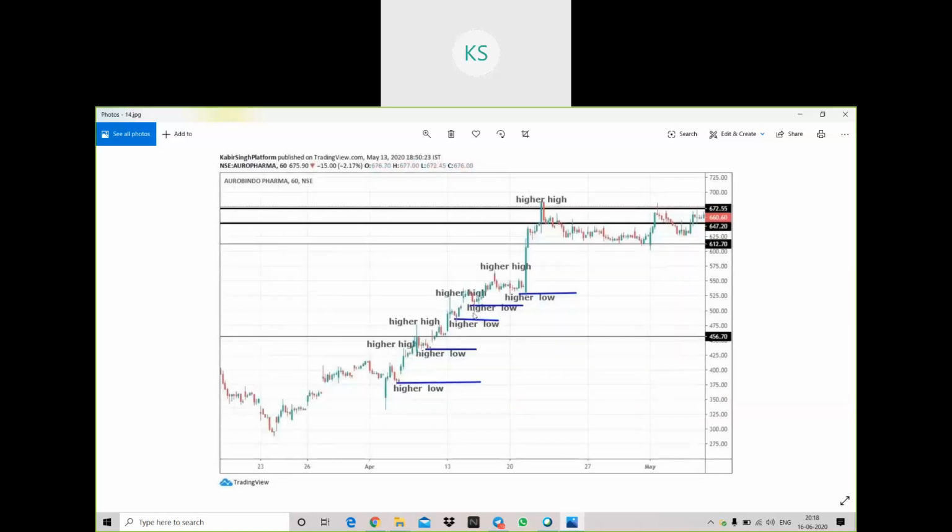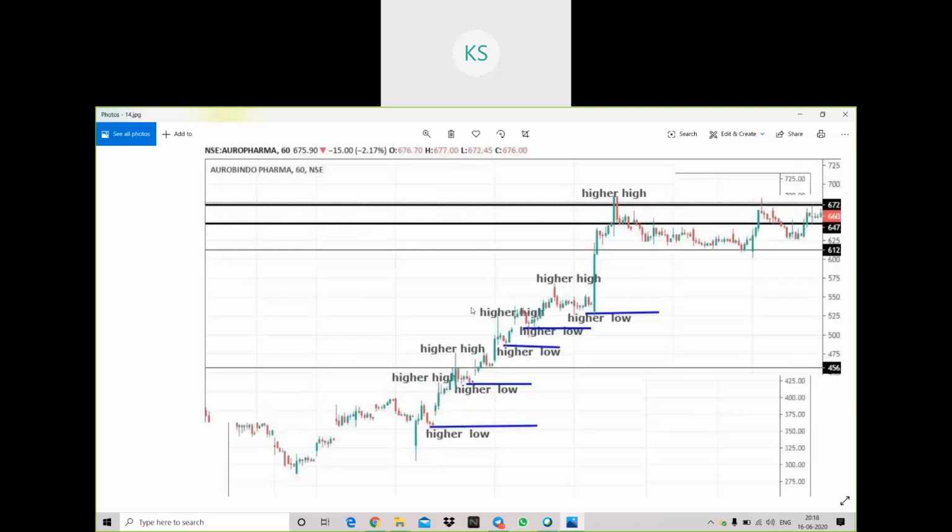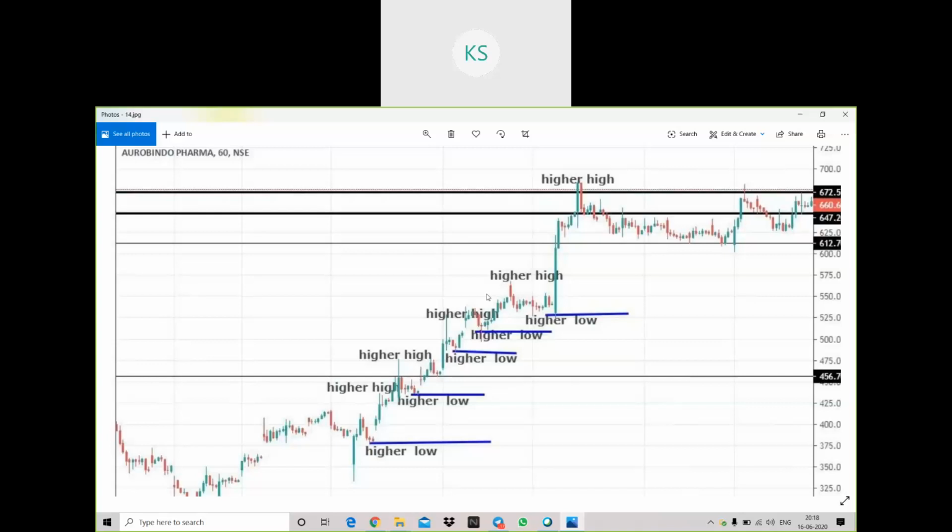Okay, I have mentioned the same thing on a different date. If you see here, the blue lines are nothing but the higher lows. To give you a little clarity, because the previous chart was a little congested, I have drawn blue lines in this. The lowest part here is a higher low, the lowest part is a higher low, higher low, higher low. Till the stock continues this concept of higher lows and higher highs, that indicates there is good bullishness, good buying in this,